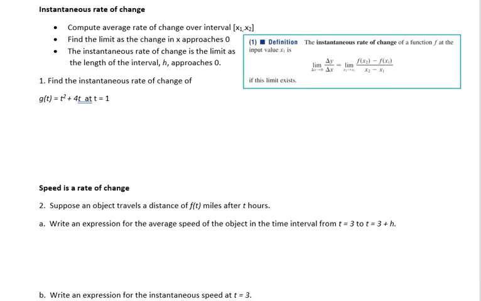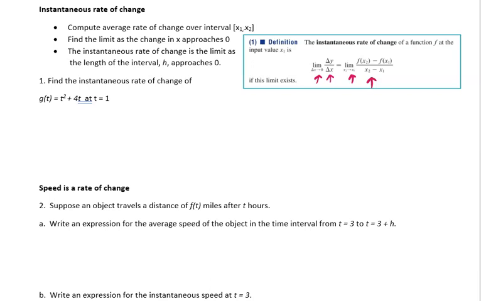So if we look at our definition here, we're looking at the change in x. Change in x is approaching zero. So that distance between our initial x value and our final x value is approaching zero. So the instantaneous rate of change is the change in y over the change in x, which looks like the limit as x2 approaches x1, because if x2 is approaching x1, then the distance between our two x values is approaching zero. And it will look like our f of x2 minus f of x1 over x2 minus x1, which